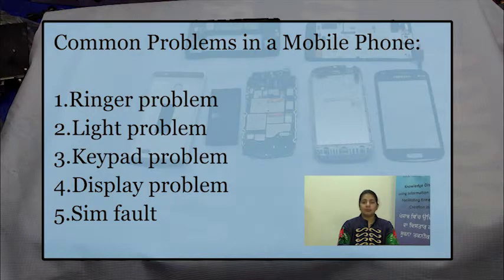Next common problem is about the keypad. Sometimes no key is pressed, but some key works on its own. Sometimes we press one key, but some other key works, or the key works continuously, or does not work even if pressed. For this, what do you have to do? You have to check the facial of the keypad. Clean the keypad points. If the problem still persists, check the keypad rows and columns using a multimeter in buzzer mode. Check the short and opening of those circuits. Heat or change the keypad IC is the final step you can do.